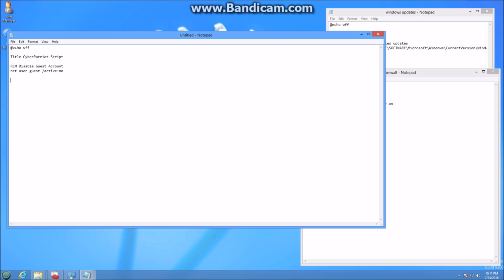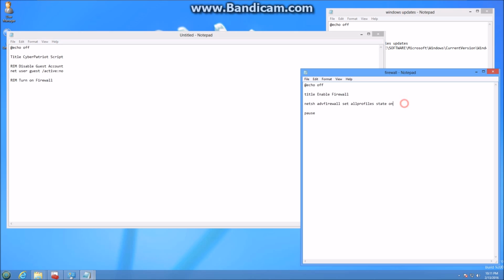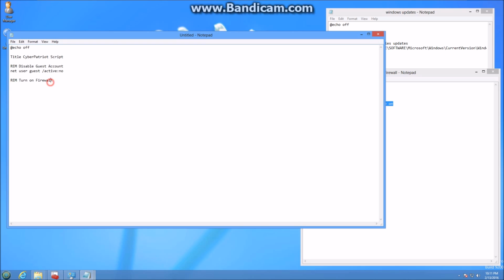Alright, and then to add the next thing, I'm going to do rem firewall. So we're going to turn on our firewall here. So turn on firewall, and I have this here, so I'm just going to do copy, paste. Alright,